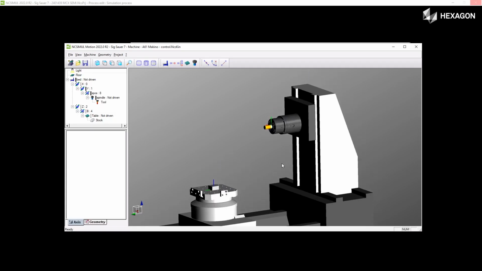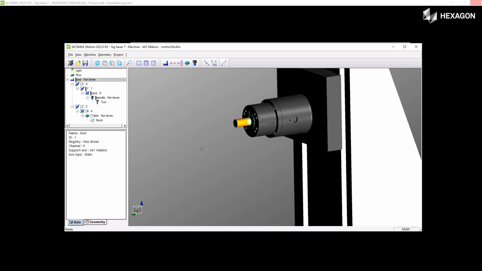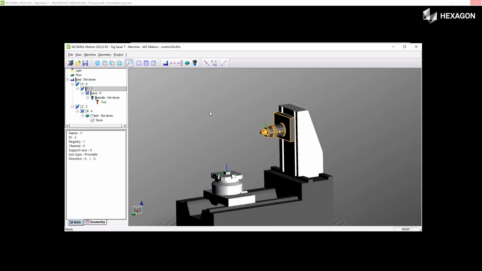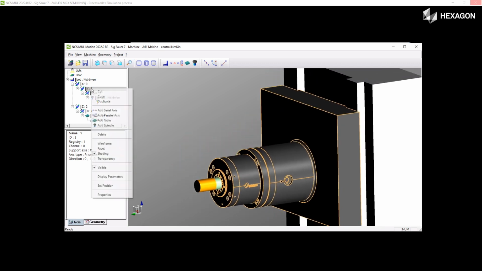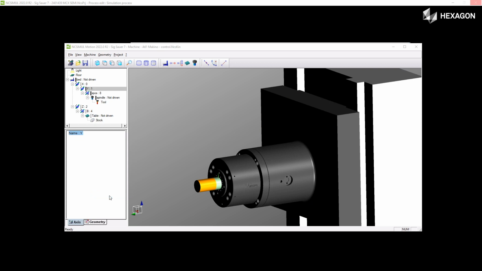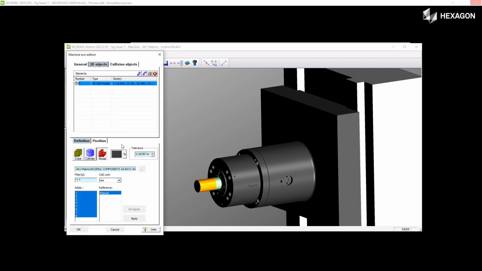Upon opening, you'll see a tree on the left-hand side with the axes and their dependencies on one another. In this case, we're going to modify the spindle, which is found to be on the y-axis based on the highlights in the 3D window. Right-click it and choose Properties, and then More. Inside here, you can see the axes limits, the 3D models associated with the axes, and the ability to add